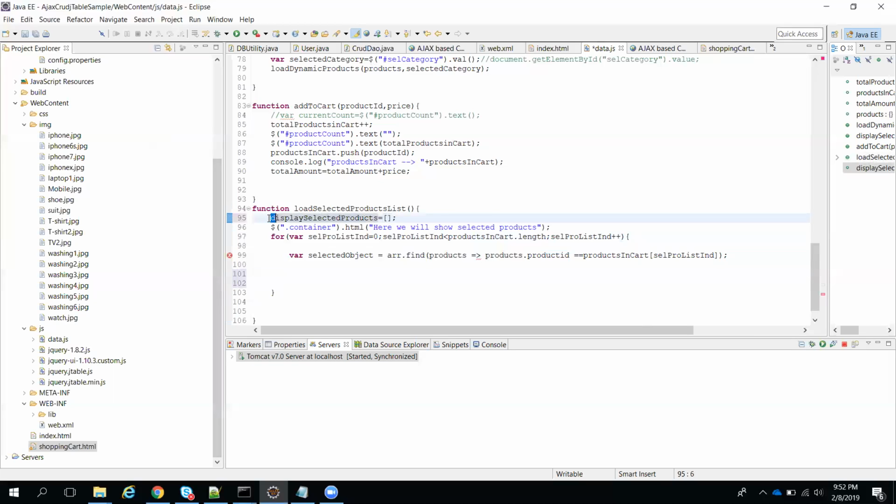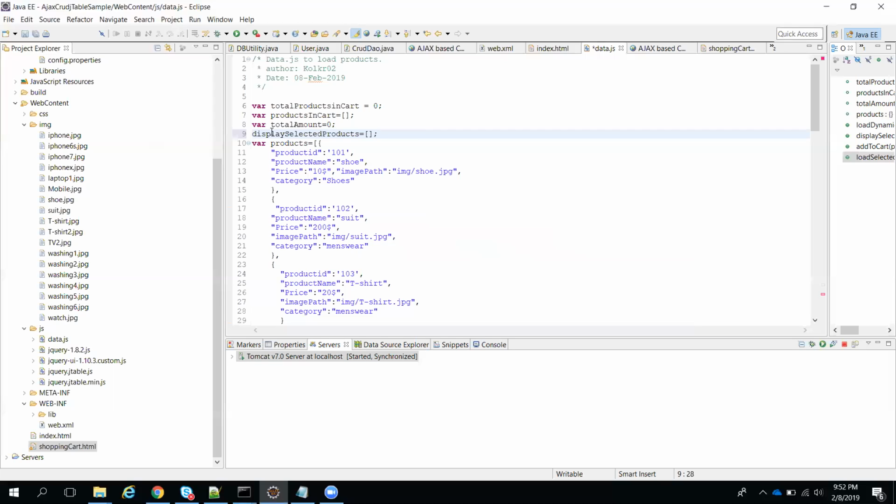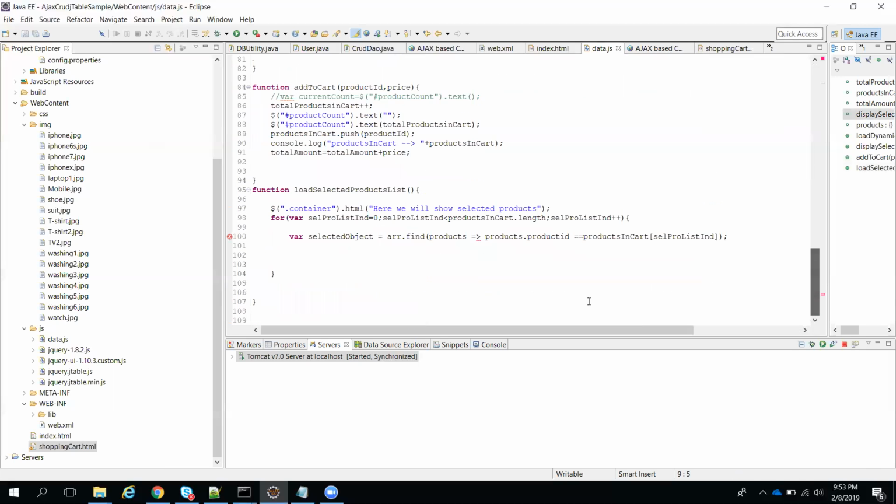Okay, we'll declare it at the top, globally. It contains so much logic, actually. That's why I told you it will not finish today, but at least some conditions. You guys should also think like that about real-time functionality. If you understand, you can do it with your own logic.